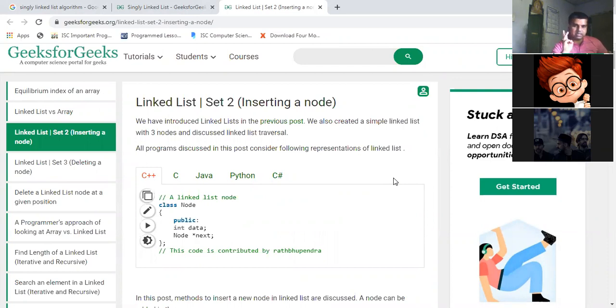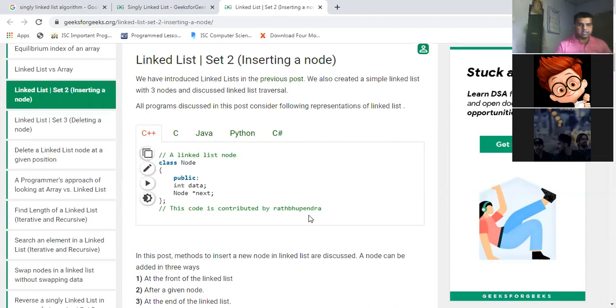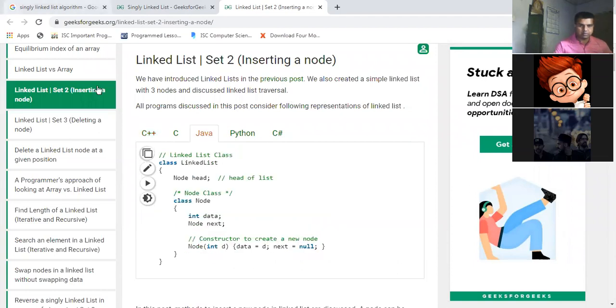Okay, so these are the 3 basic operations that we will consider while performing the linked list operation. Okay, the first part, as you can see, is this. I'll show you the Java program.